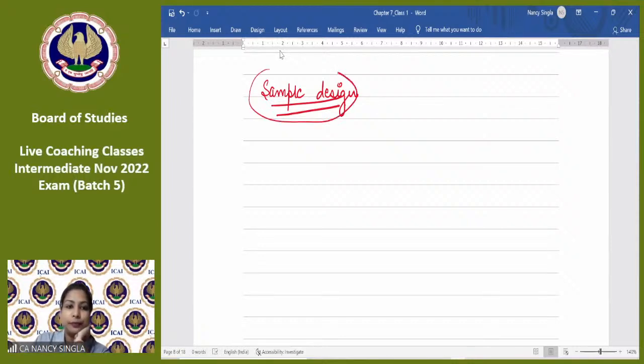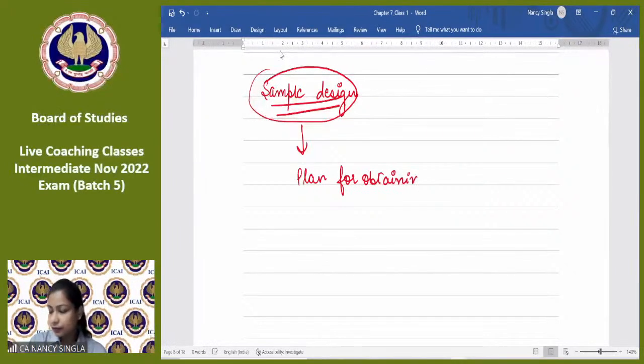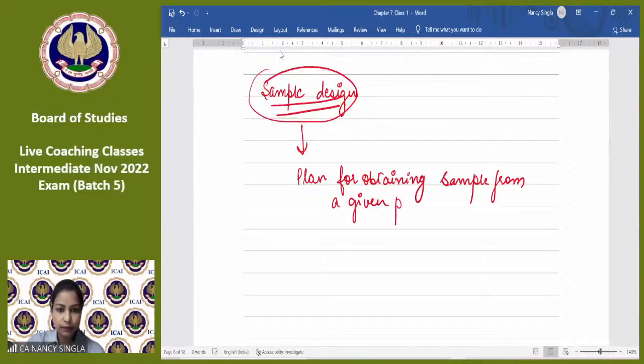Sample design. So as I've told you, what is meant by sample design? It is the plan of obtaining sample from the population. So see, the dictionary meaning is what? Plan for obtaining sample from a given population. ठीक है? So